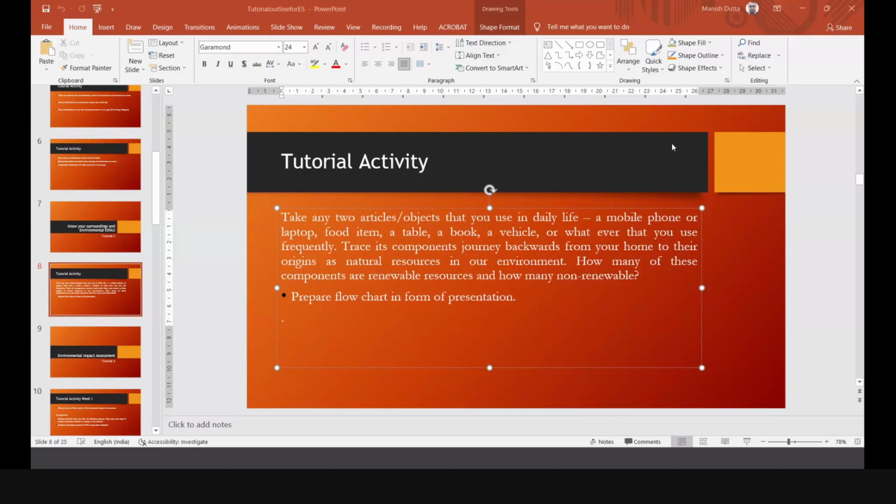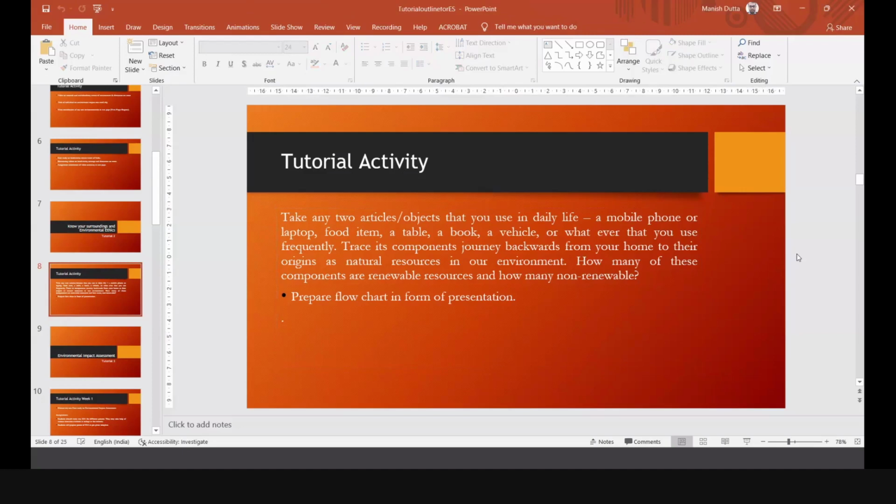Sir, can you please give me an example of today's task because it is somewhat confusing. I will be talking about it a bit more. It's not over. So yes, you can take an example of maybe a book. A book is made up of pages. So what is the original source of those pages? I mean, what are the raw materials involved? These raw materials are basically bamboo or some kind of trees that are used for creating paper.